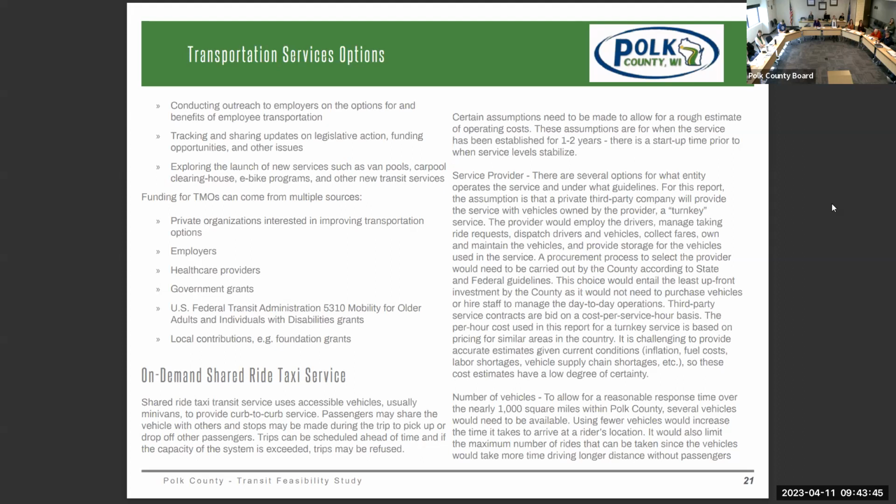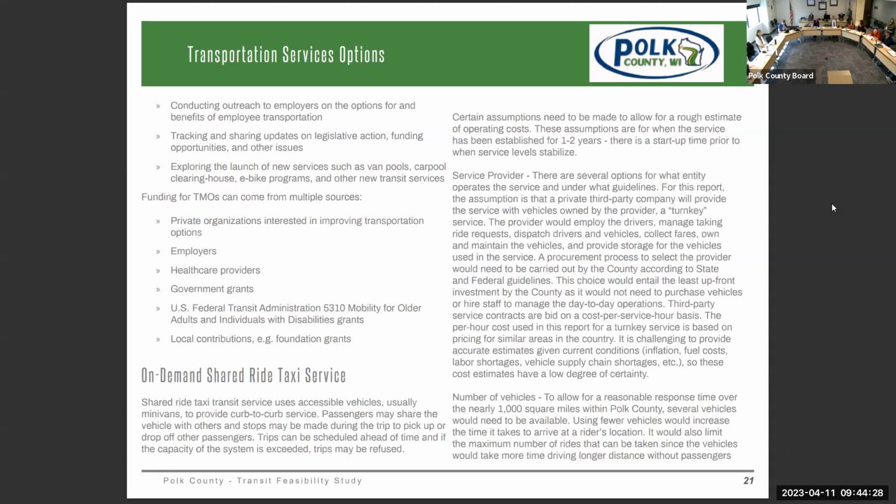Not as many in the Midwest as when you start getting into Pennsylvania, Virginia. Almost all of those counties have shared ride taxi programs operating there. So you have to model a way to get a good feel for the numbers. The model we looked at was a third-party service provider that would provide their own vehicles. So you'd go out for a bid and basically hire them. Almost all of them are done on a capped basis, so you'd have a certain amount of hours billed at whatever the contracted rate that came out of the procurement process was.